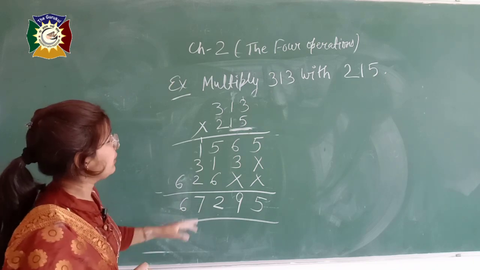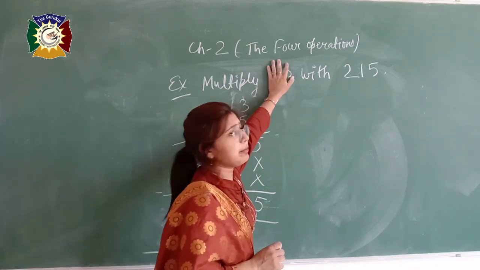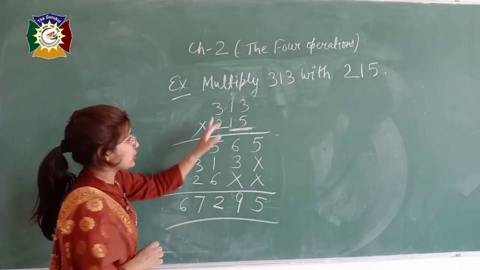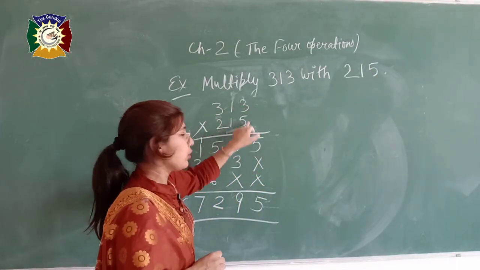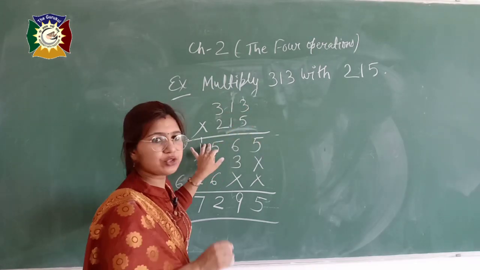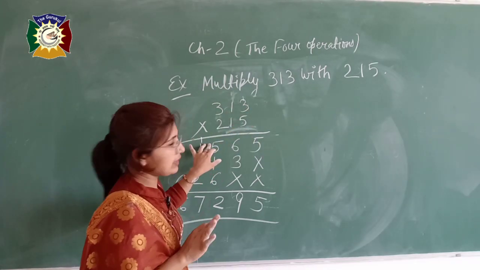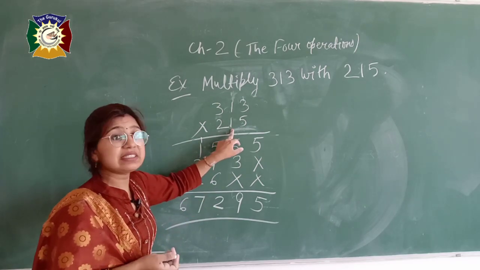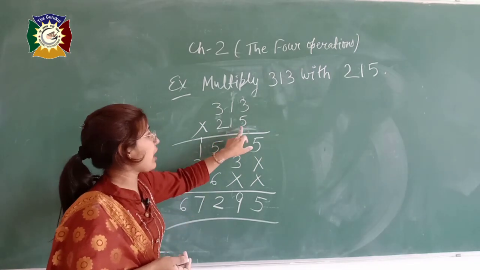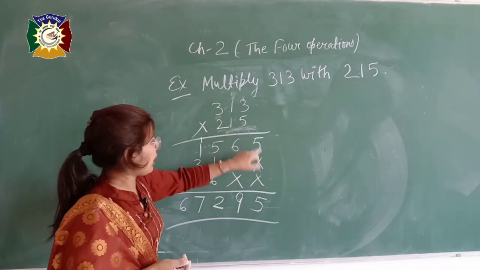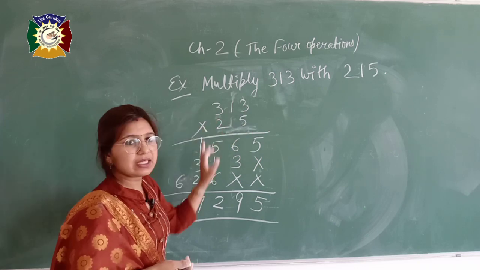Again I will explain, when you are going to multiply any number with a 3-digit number, then how you have to solve the question. See, first of all you have to convert it into column form, then multiply the given term with ones, in which you have to do nothing. Just simply do the multiplication. When you are going to multiply the given number with the tens digit, that time you have to put 1 zero. That is 1 cross here. Okay? You have put 1 cross and simply multiply the given number.